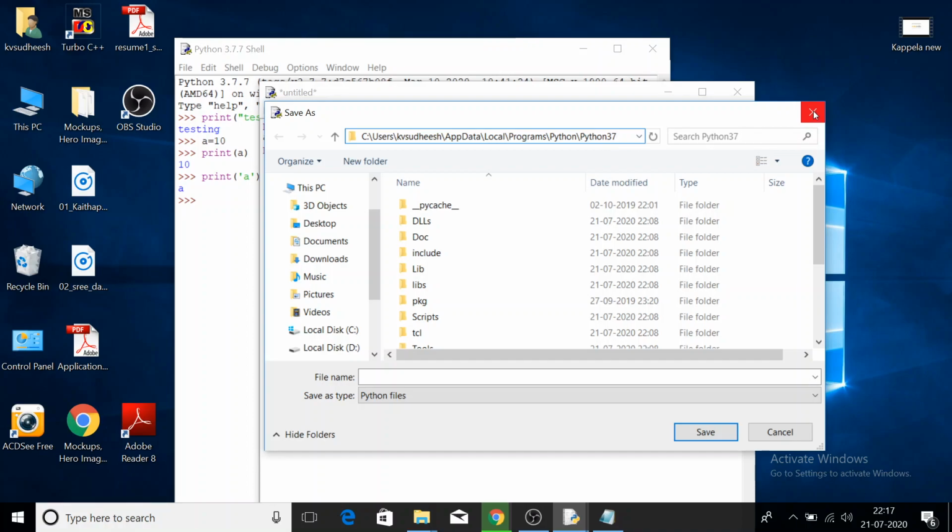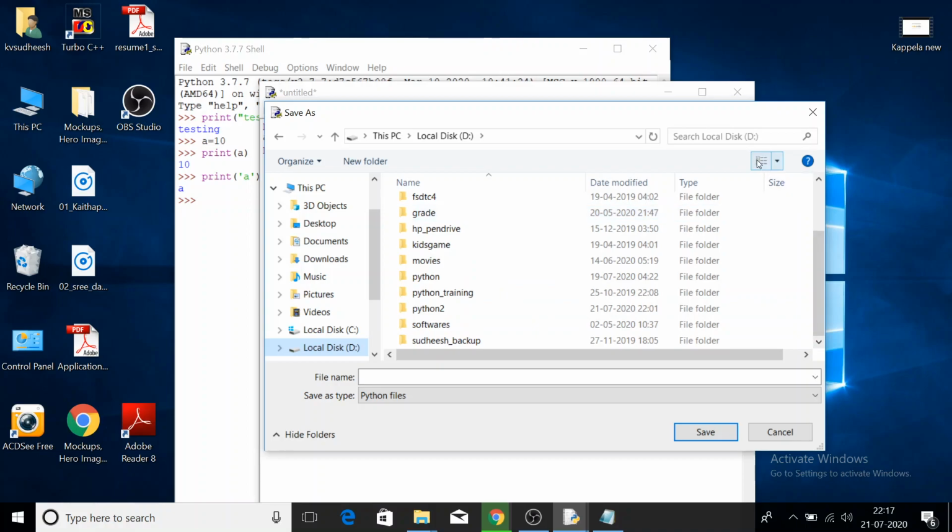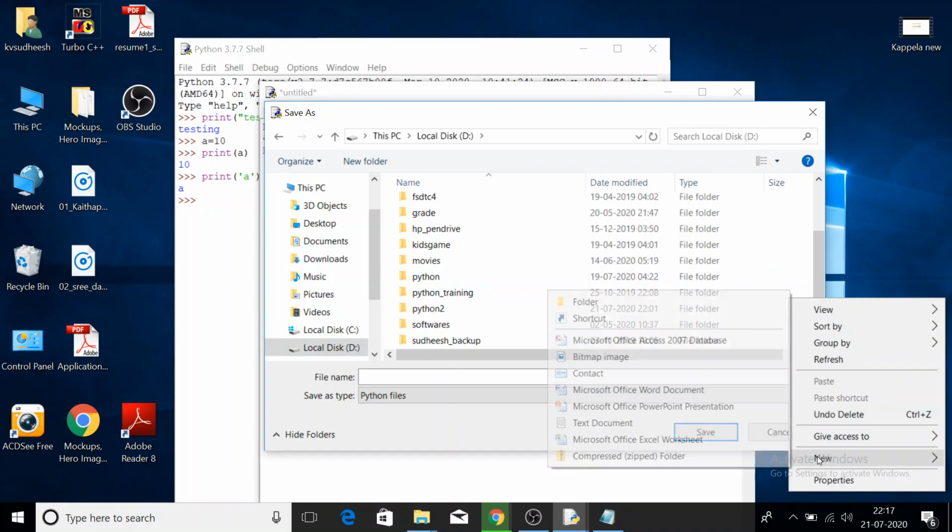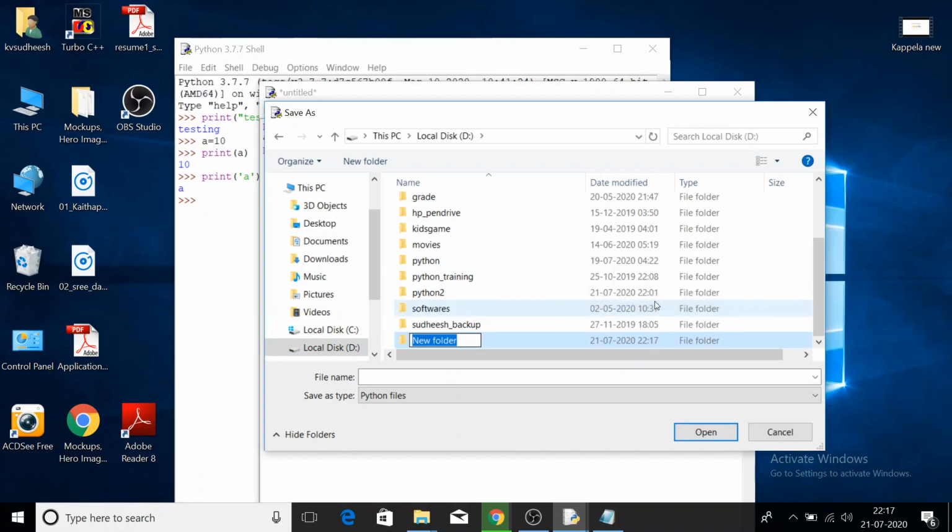I want to store my program in some location. For that, create your own folder somewhere. Let the folder name be my programs.